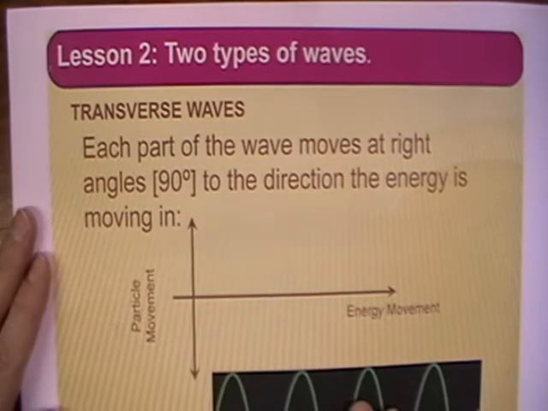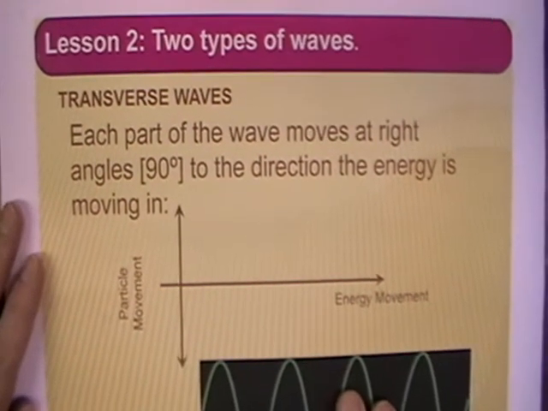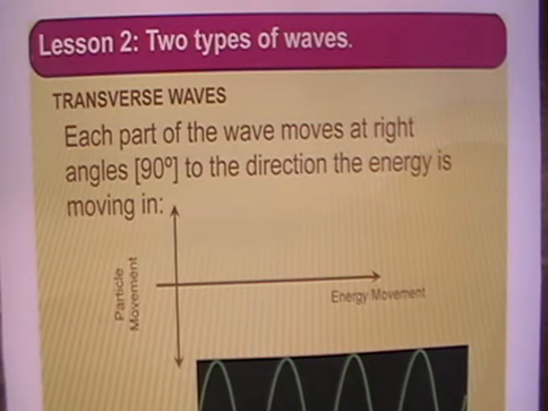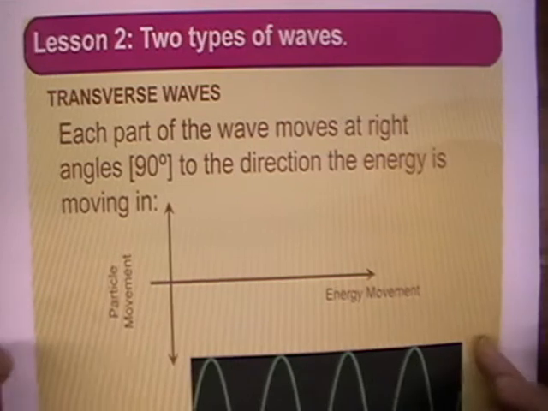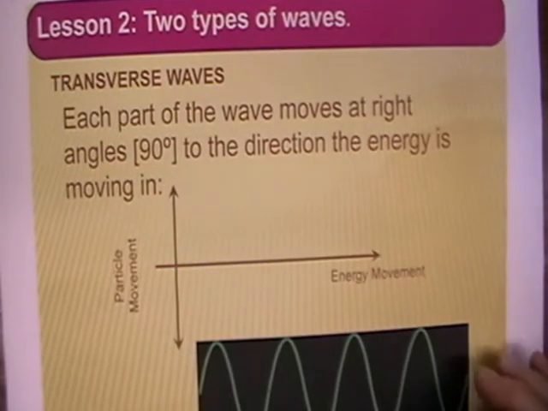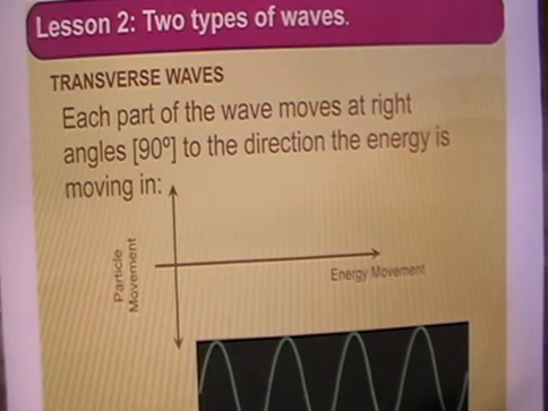Lesson 2 is about the two different types of waves that you meet. There are two types of waves, and all other waves can be said to be one or other of these, and they're called transverse or longitudinal. So the first one is transverse, and in a transverse wave, if you remember your definition, every part or particle